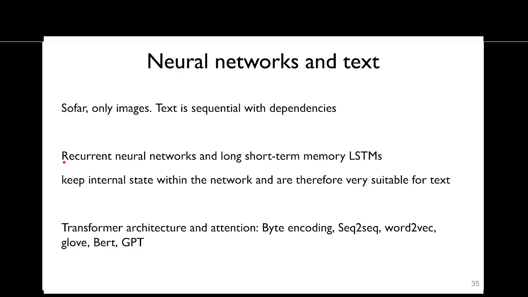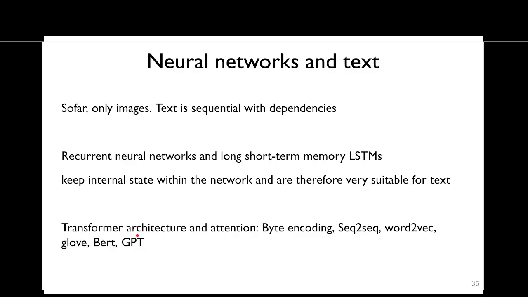And a big class of neural networks are called recurrent neural networks, and they have within the neuron an internal state, and they are able to, for example, in a sequence, take into account the previous word and the calculations that were done in the previous step. And a particular class of recurrent neural networks are so-called long short-term memory networks, LSTMs. And they have in common that they keep internal state,